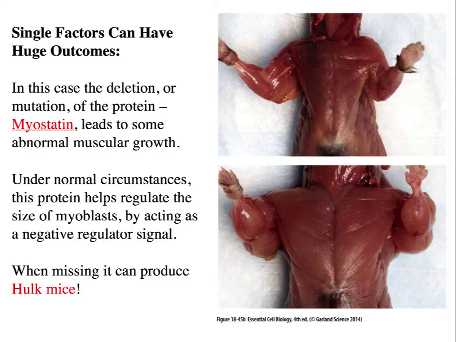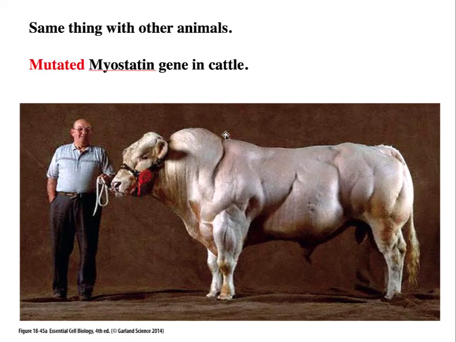So the great example of cell growth inhibition is indicated by this protein called myostatin. So myostatin is released in a certain dose inside mammals and most animals, and what it does, it prevents overexpression, oversized cells from being produced. How do we know this? Because if you mutate or otherwise remove myostatin, you end up with monsters like this that have an overdose of certain tissues. So these can be called hulky mice. The same thing happens in cattle if the same gene is altered there.